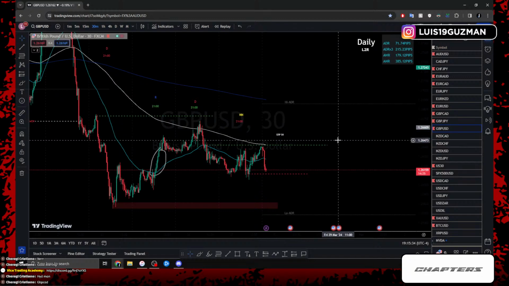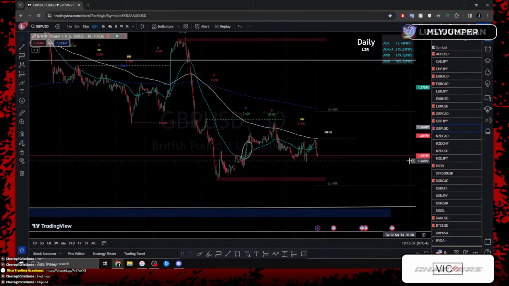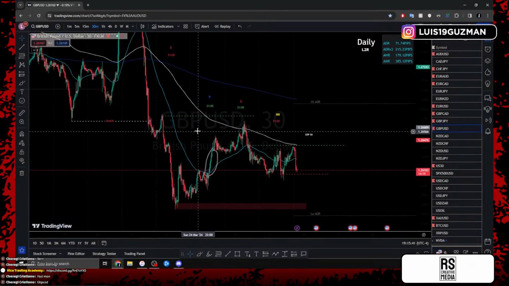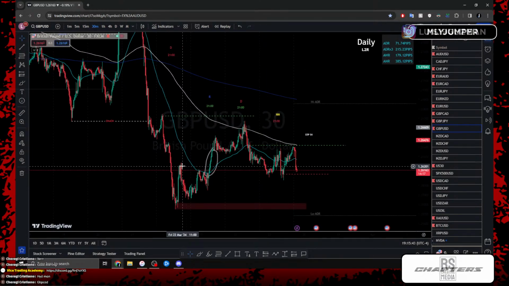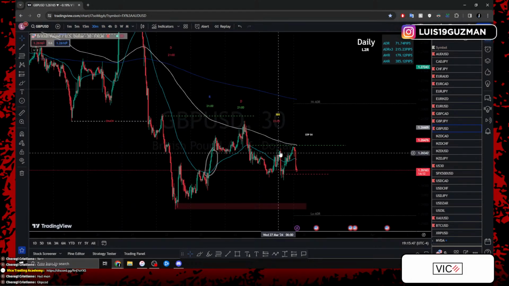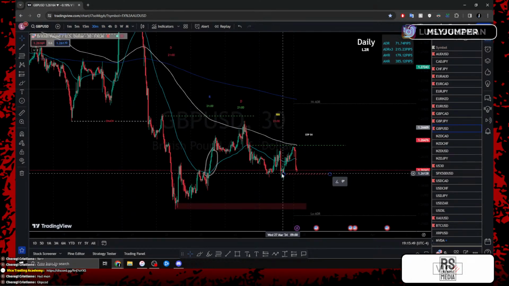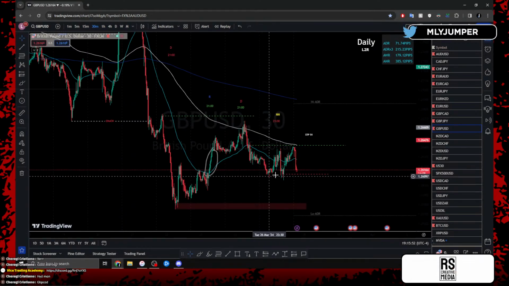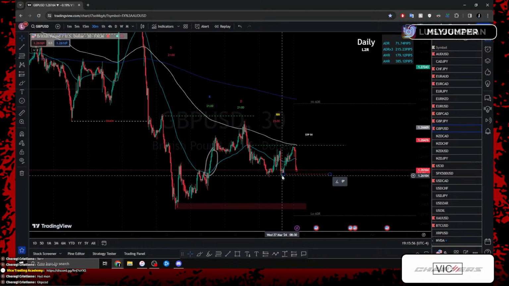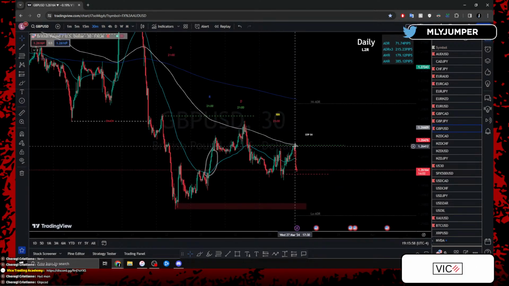Alright, so still gotta be patient. We're still trading between this low, still trading between this high. We know that overall we are in an uptrend on GU, so we're just waiting on the confirmations. We had higher high, higher low, higher high, higher low, higher high, lower low, lower high, lower low. We could say equal lows, or we could say it's a lower low because we do have candle closures below. So where price is at now, higher high.